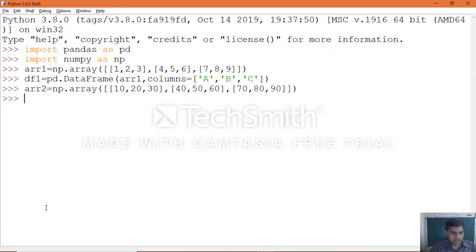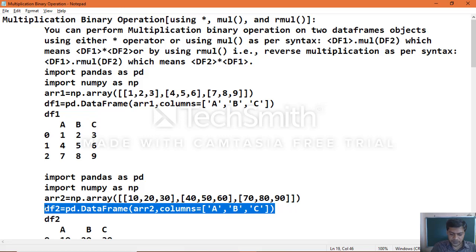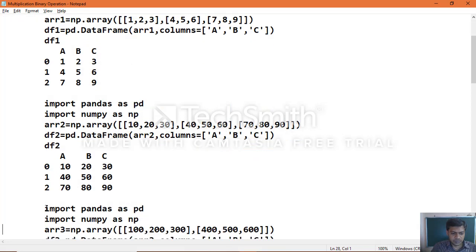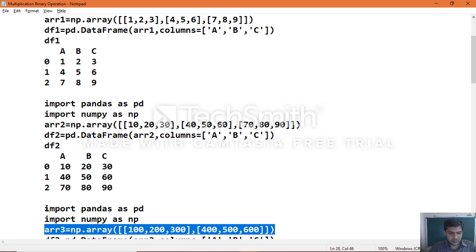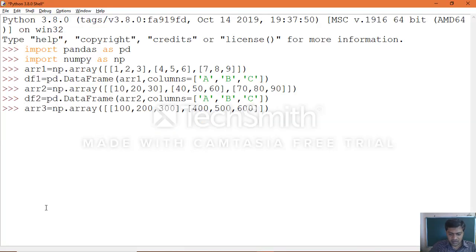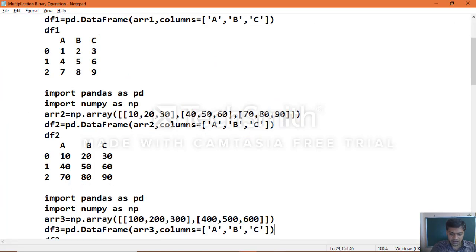Same way, create data frame object 3. For that, create the array object, and now create the data frame object 3.